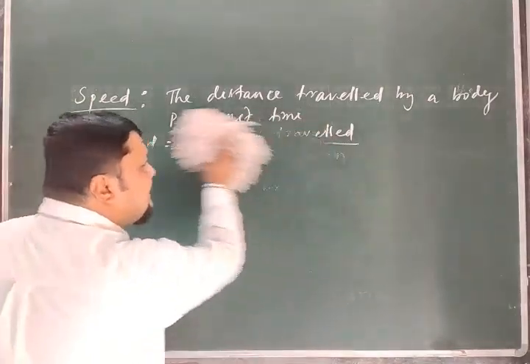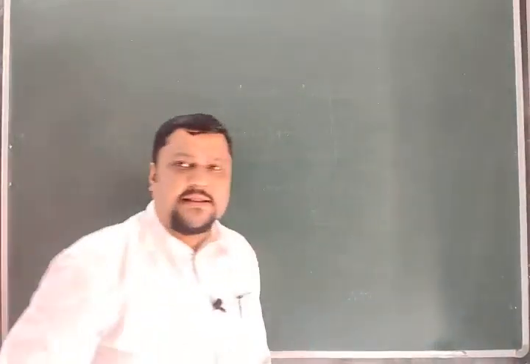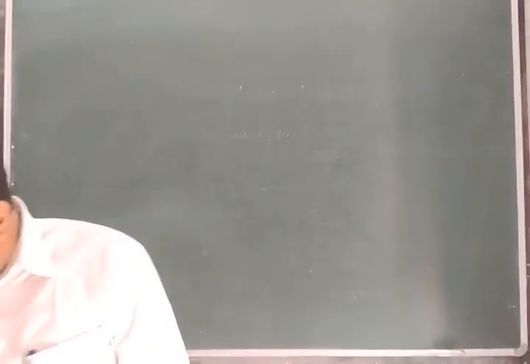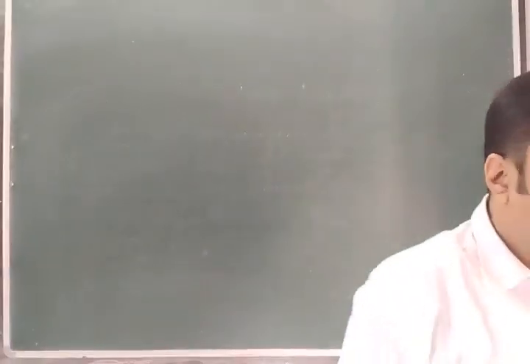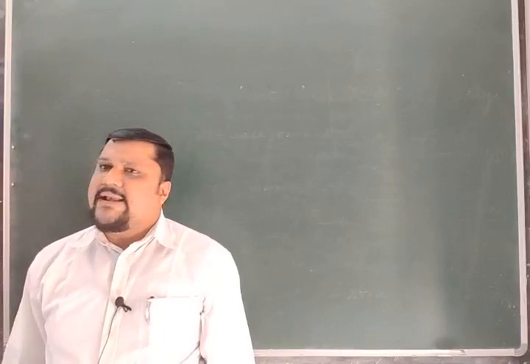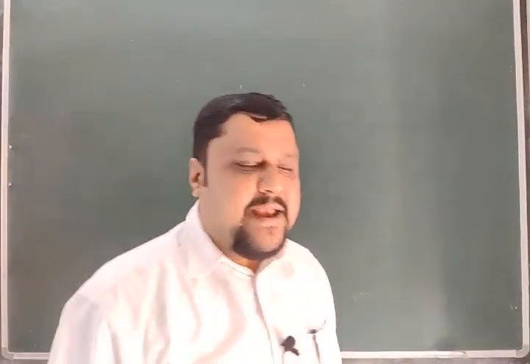Speed is a scalar quantity. It has only magnitude, or you can say it has only size. It has no direction, because a scalar quantity has no direction. And as it is a scalar quantity, it is always positive and can never be negative,